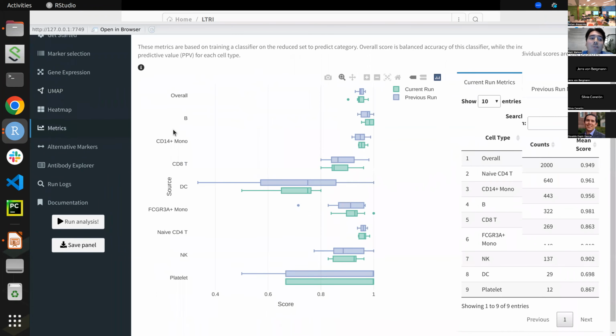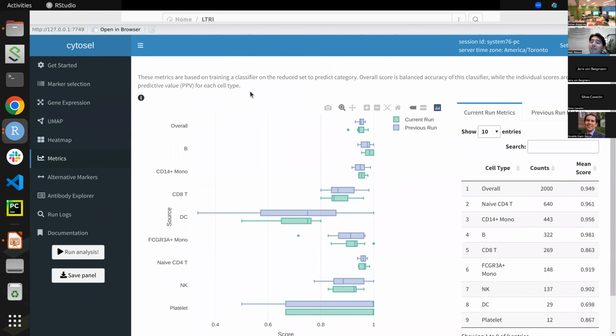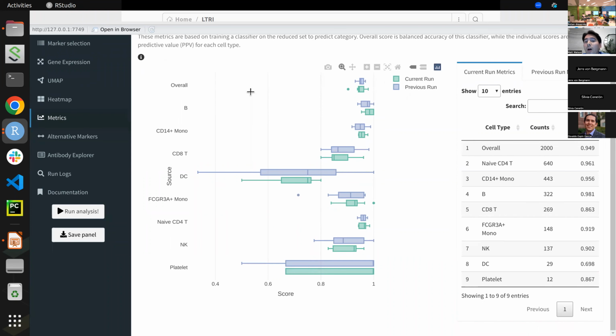We also, as I mentioned, have a metrics page. What we do here is, once we have that list of potential targets for a particular data set, we run a multinomial logistic regression with a classic training and testing data set split. We report positive predictive value on a neural network version of the multinomial logistic regression. For the particular data set, the user can go here and look at the distribution of predicted positive scores,